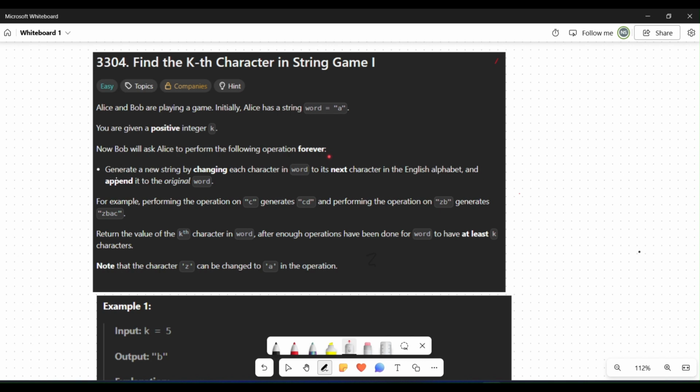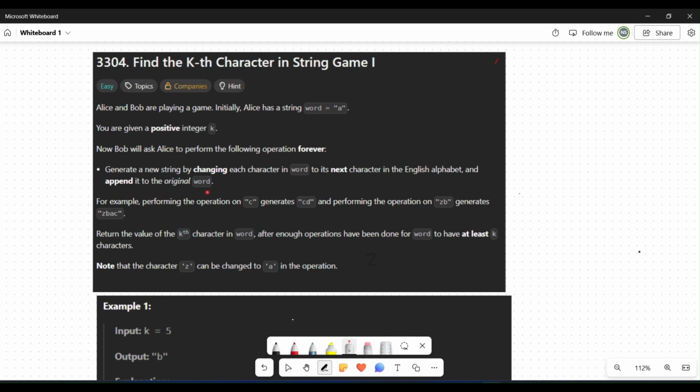So what will Alice do? Alice will generate a new string by changing each character of the word to the next character in the English alphabet and append it to the original word.